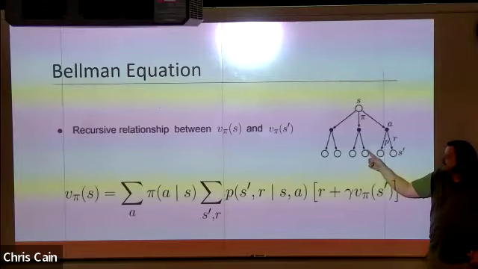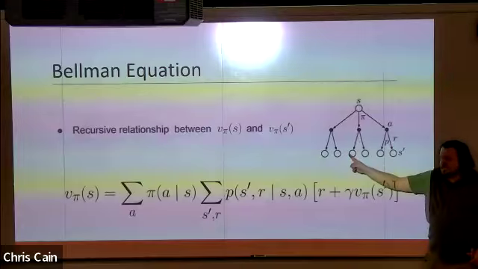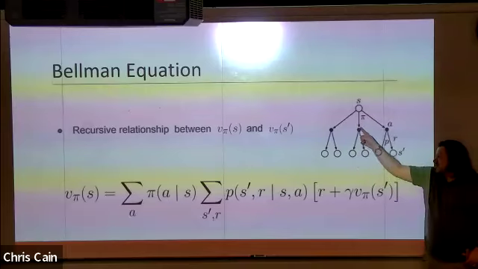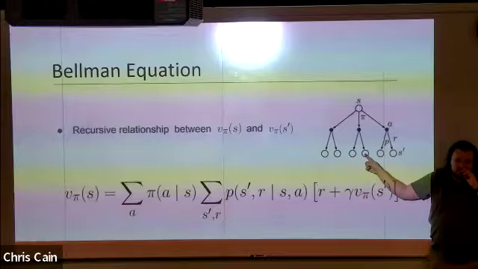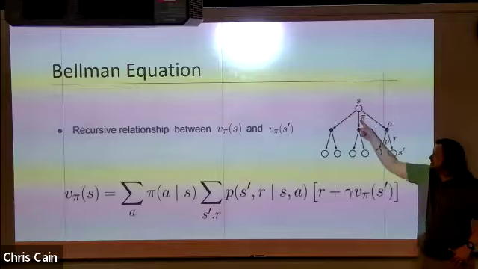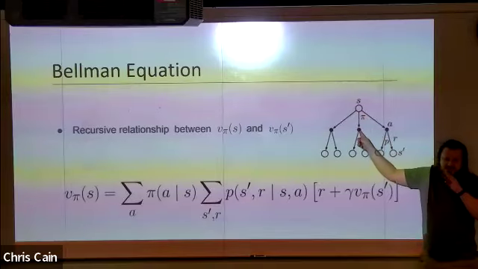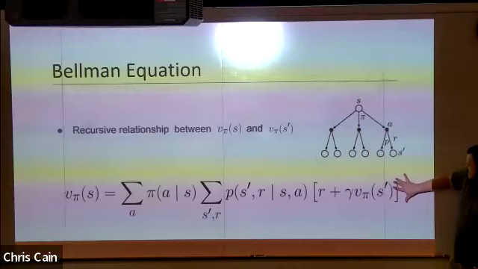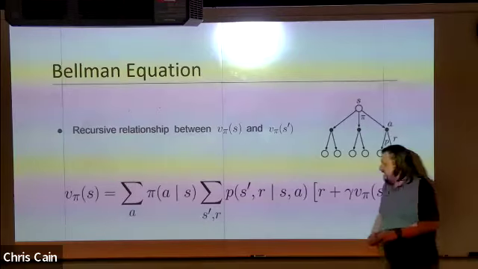You could say, since I'm choosing this 30% of the time, and the opponent chooses this 80% of the time, the value of this action is now 80% of the value of this, plus 20% of the value of this. You can backpropagate that to figure out the value of taking this action in this state. So if we look at exactly what this policy is telling us, the value of a policy in